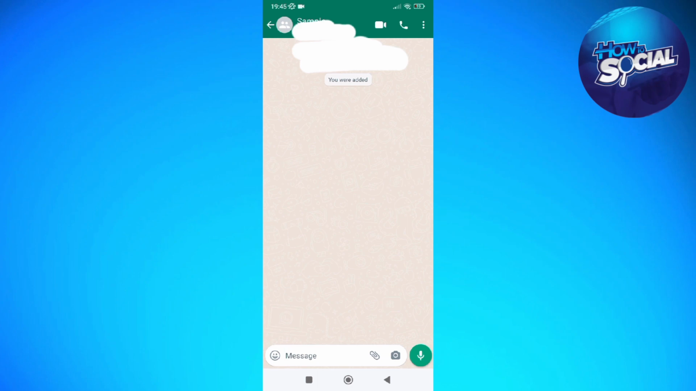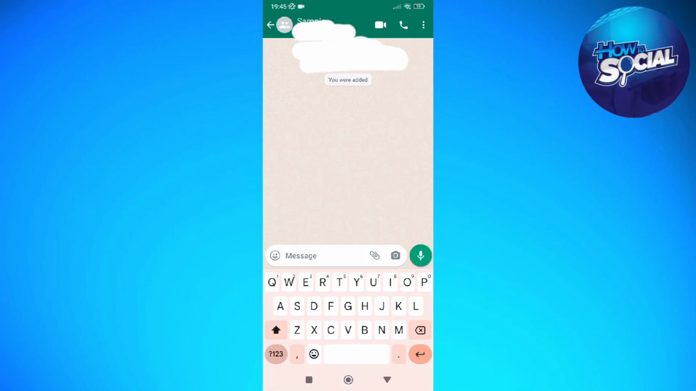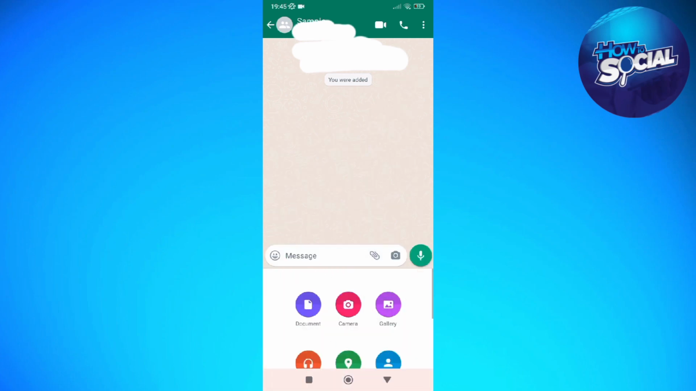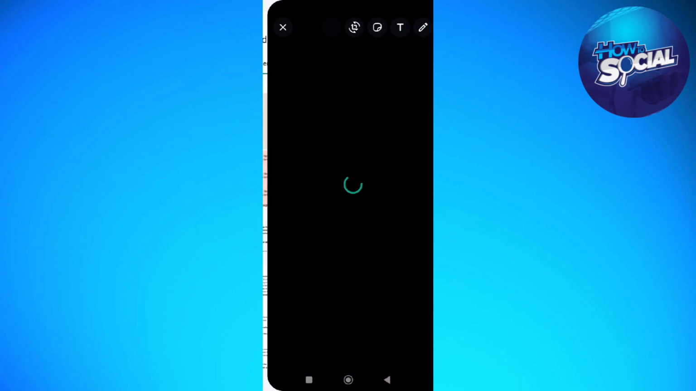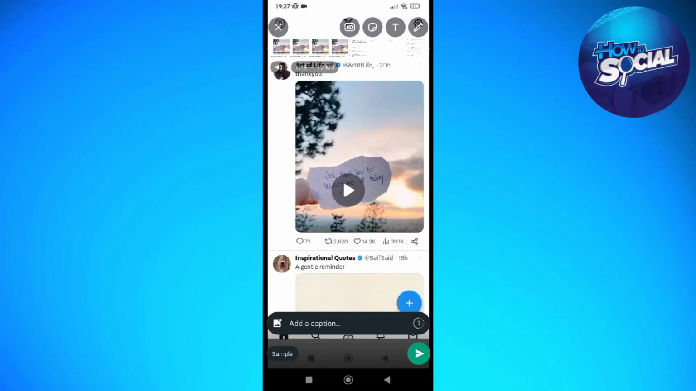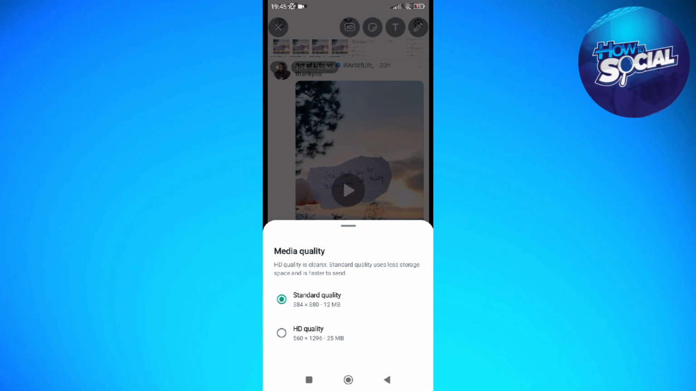And after doing so, if you want to send a video here on WhatsApp and you want to change its quality, what you can do is go into the conversation that you want to send the video to. And after that, just access your photos and then just choose the video that you want to send, just like that. And then after you have chosen your video, you'll be able to see the HD button on the top part of your screen, and then just simply tap on it,